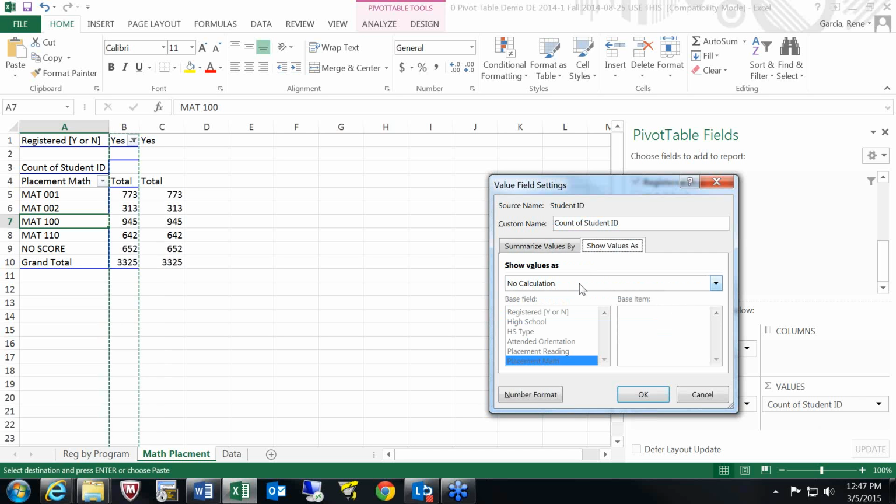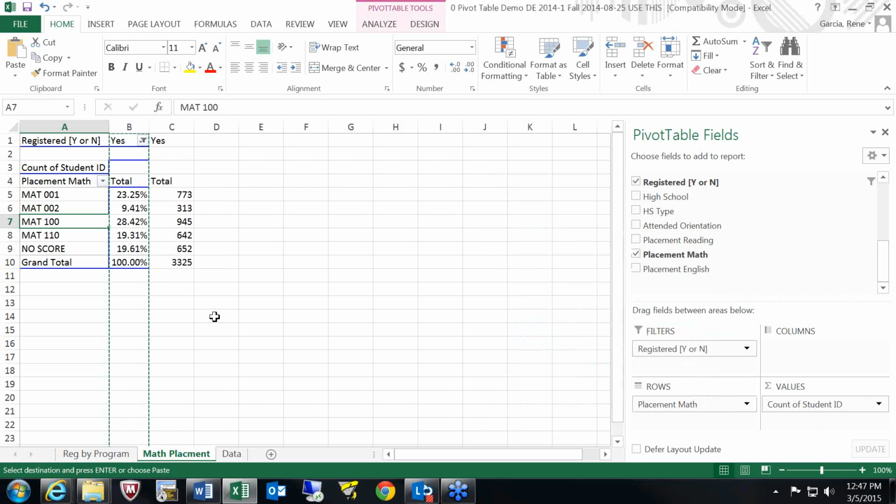I'm going to mark no calculation. And in this case, I'm going to hit percent of row columns because we're going vertical. And then I'm going to hit OK. And now you see that the numbers have changed into percents, but I still have the cell size because I copied that in